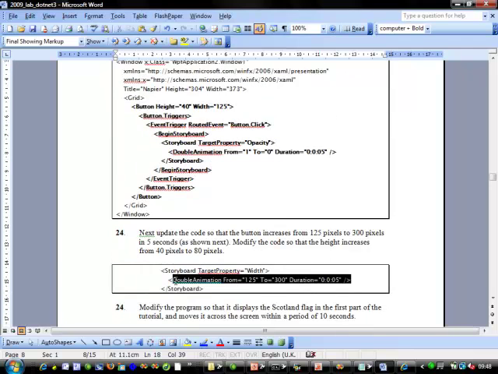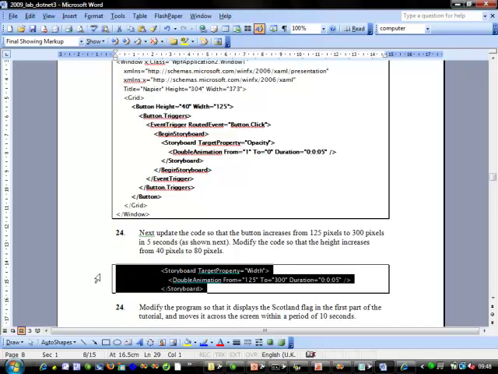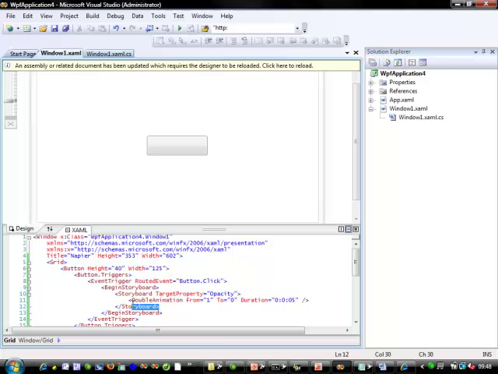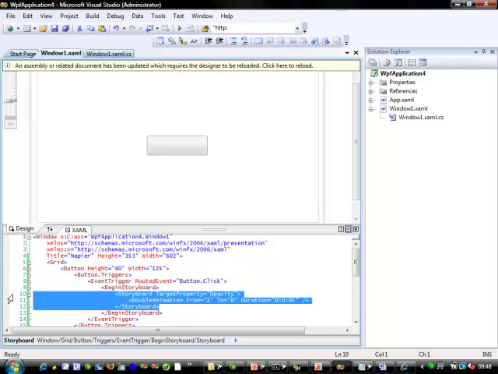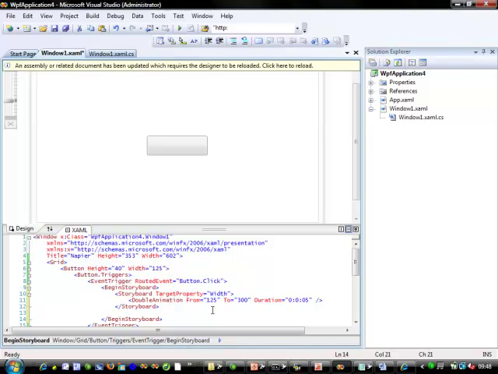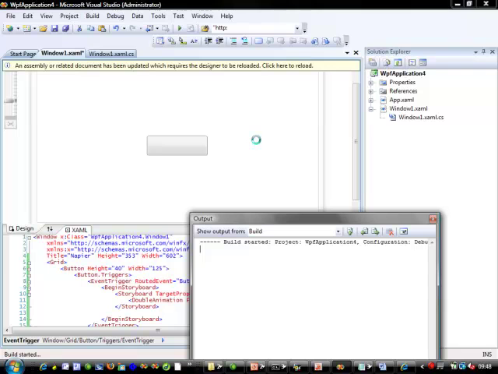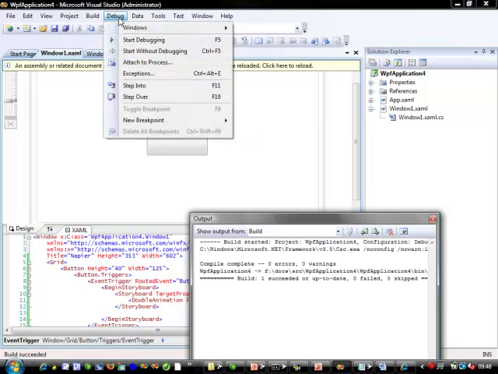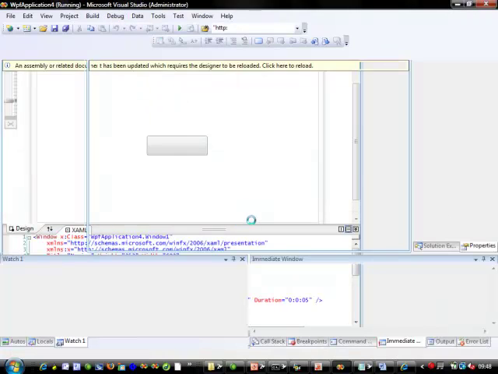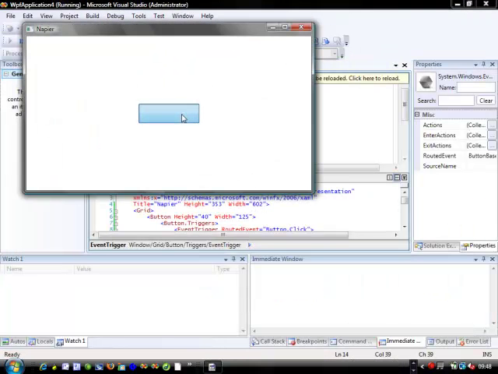What we can then do is that we can change the storyboard. So this time we'll actually change the width of the button. So the width is currently 125 pixels. So we're going to change the width from 125 to 300 pixels over a period of 5 seconds. So we just debug. Start. So you can see here that we increase the size of the button,